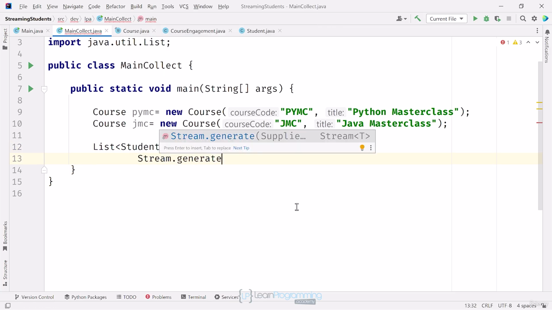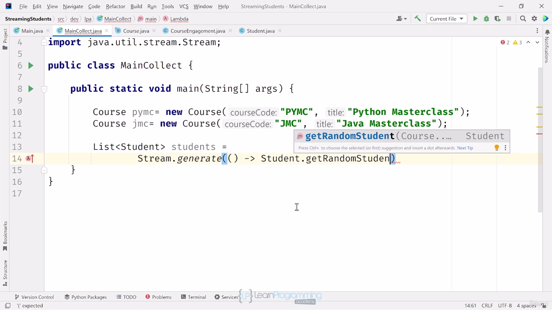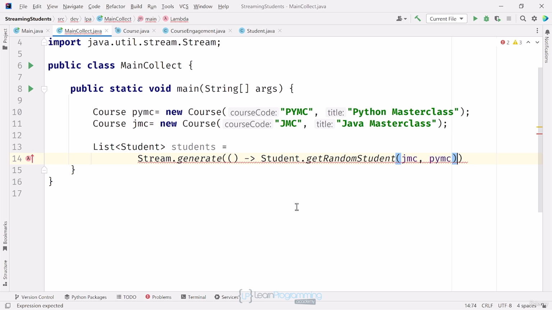I'll call stream.generate and pass it almost the same lambda expression I used in the setAll method for the array in the main class's main method. Here, its type is supplier, which means it takes no arguments. It starts with empty parentheses and then returns random students from that static method onStudent. I'll limit this to 1000 students, and I'll call toList, which gives me a list of students in the order